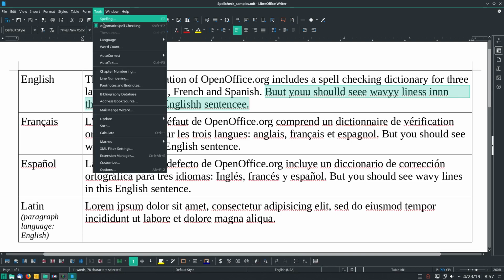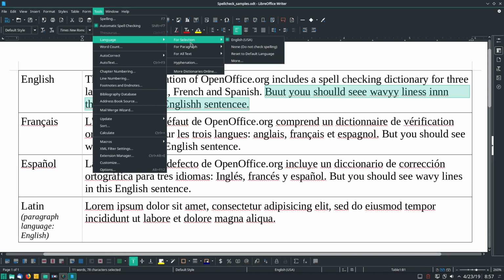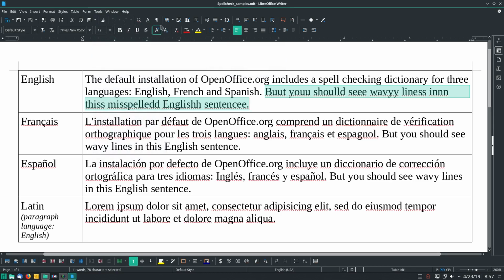Went up to the tools, checked out the language settings. This is for the session only, so you don't really change it here because it's only going to save it with that document apparently. It says, well, you got the English here, you got English USA, you got for all text English USA. None of those had anything to do with the problem that I was having, and that problem is if